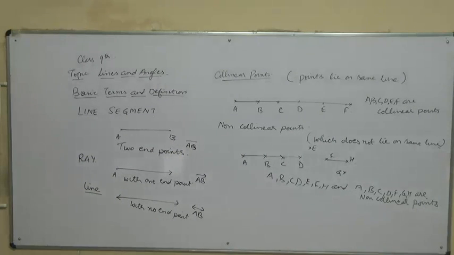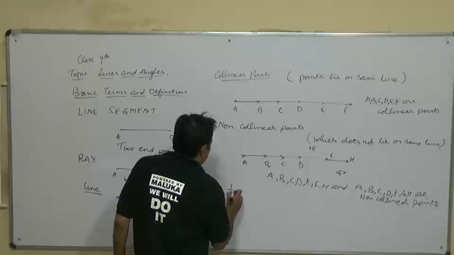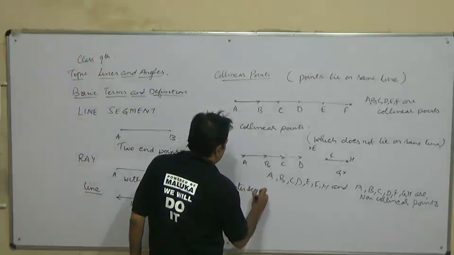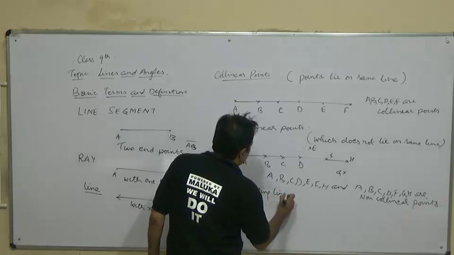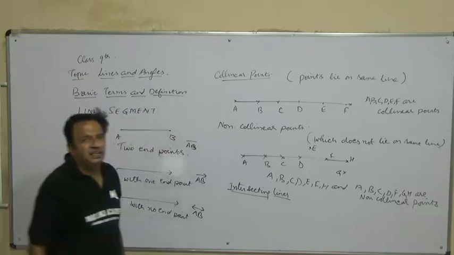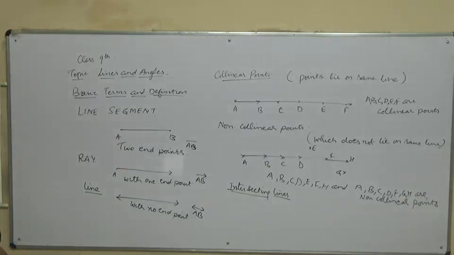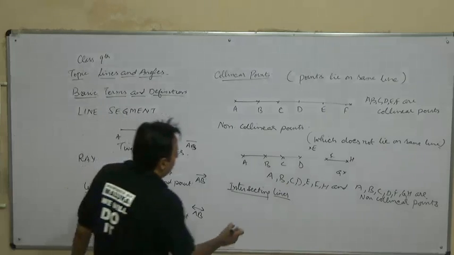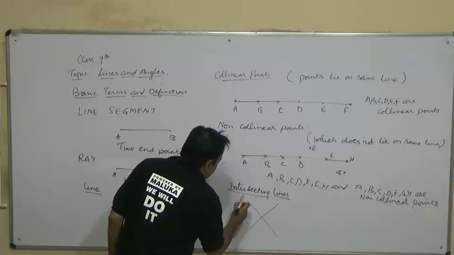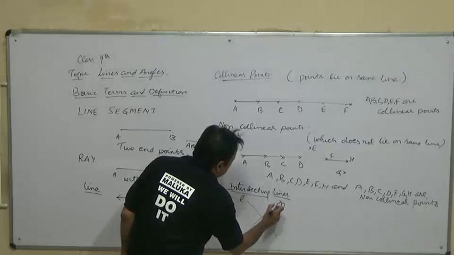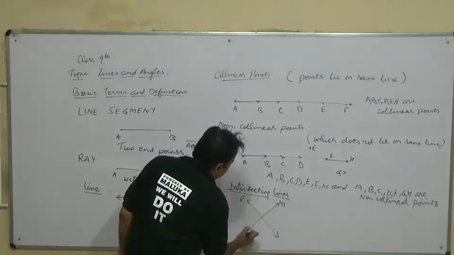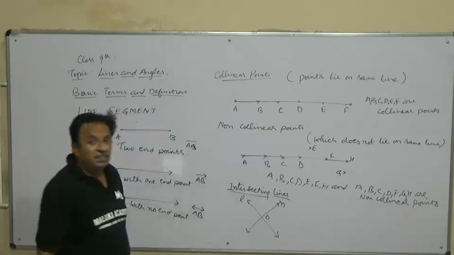Then we have got intersecting and non-intersecting lines. Then we talk about the intersecting lines. As we did earlier in yesterday's lecture in linear equations in two variables, where we have drawn the graphs of two lines on the same graph in the last question, and they were the intersecting lines. Means those lines which intersect at a point. For example, this is L and this is M. These are the two lines which intersect at a point O. So these are known as intersecting lines.